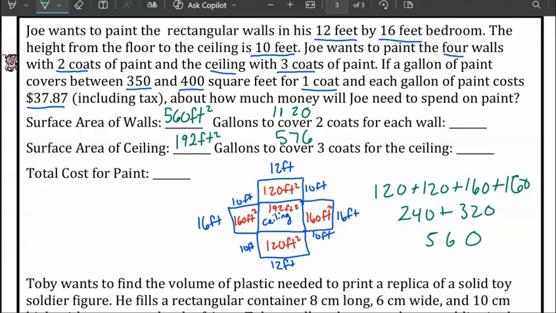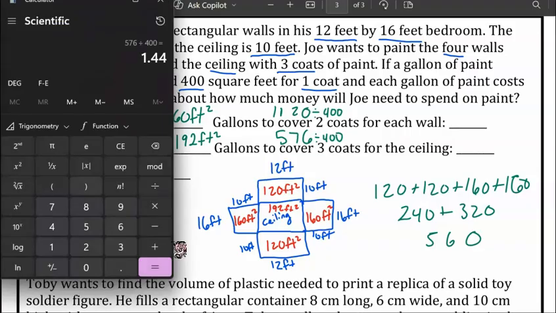Next, we want to divide the surface area of the walls by the gallons for 2 coats for the walls and 3 coats for the ceiling. We divide by 400 and 350 to get a range. We divide that by 400. We get, let's see,